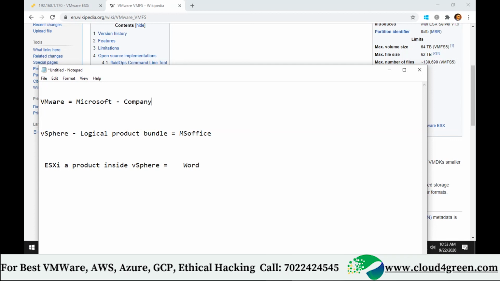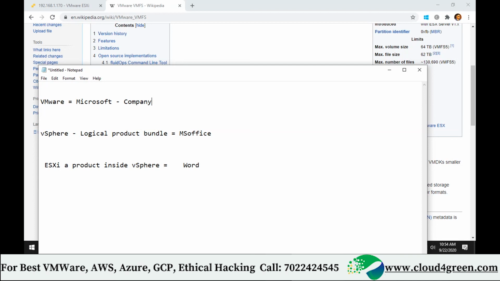Next question. What is the difference between HBA and NIC card, NIC, network interface card? Next question.